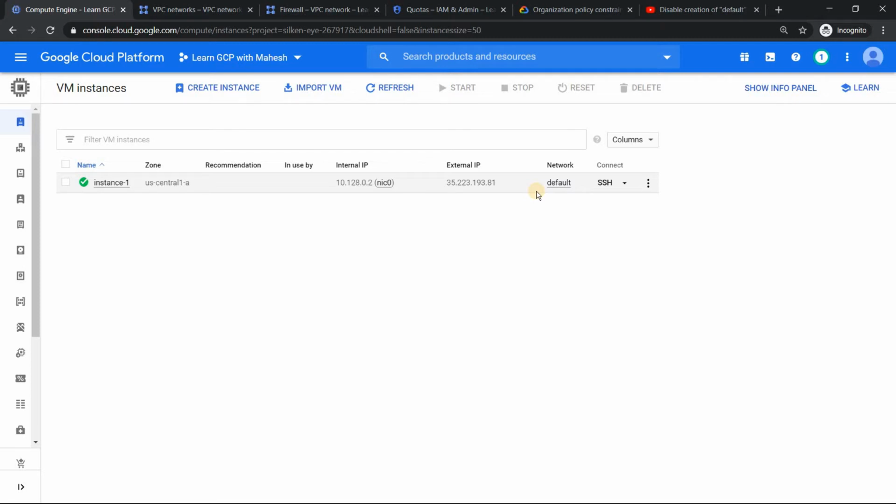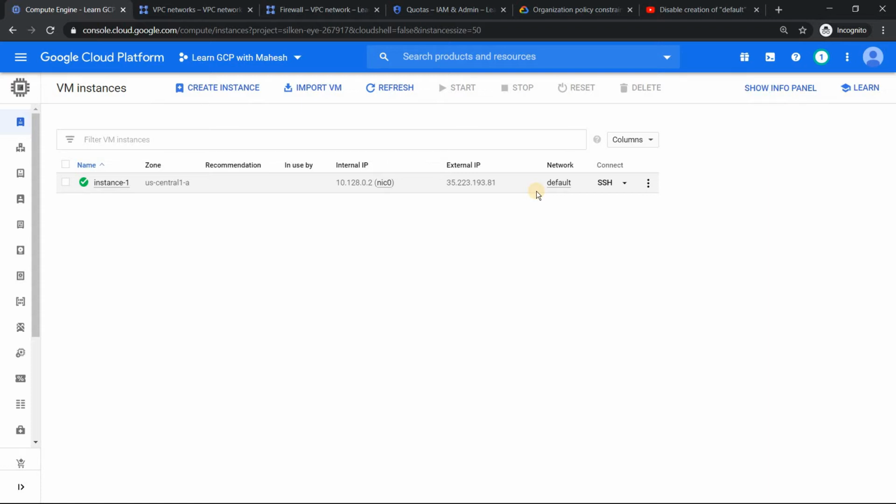So for example, if you're coming into GCP for the first time, the first or second demo which you are going to do is definitely VM creation. During the VM creation, if Google had asked you first to have a network, go ahead and create a VPC, you will not know what a VPC is in the beginning. So to make your learning faster, Google has created a default VPC for you. So you should always use this default VPC for learning purposes. Once you have learned it and gained expertise, then you should start modifying it or use something better in production.